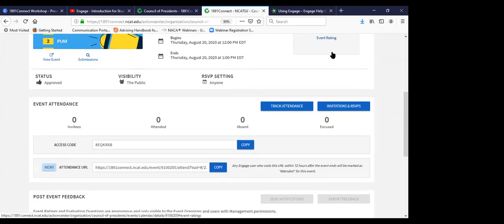From here, if you all are given the access, you will be able to see event attendance. Attendance can be tracked in multiple ways through 1891Connect. You have your invitations and RSVPs, or we will be utilizing swipe cards and scanners that student organizations can check out. And essentially, if you open up a spreadsheet and you